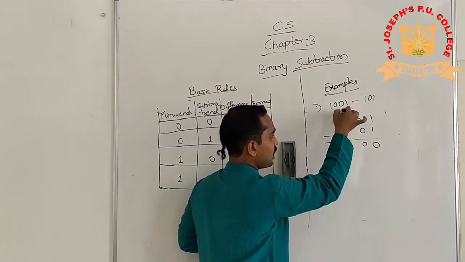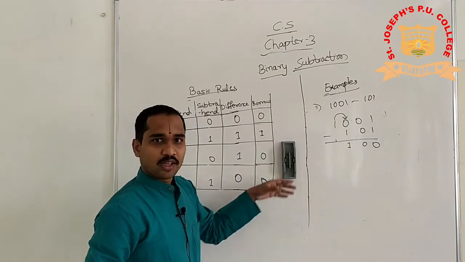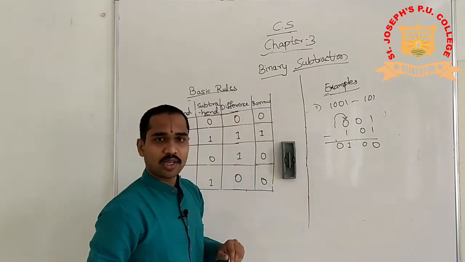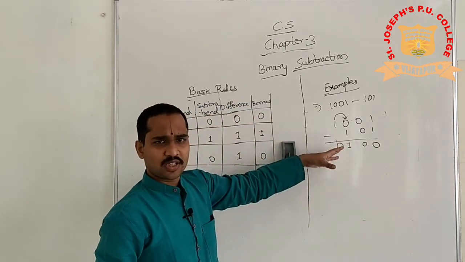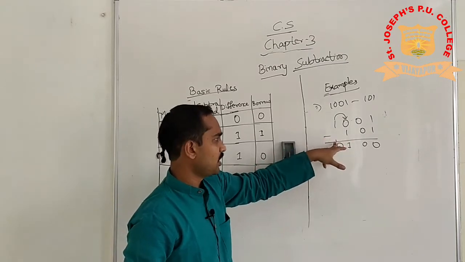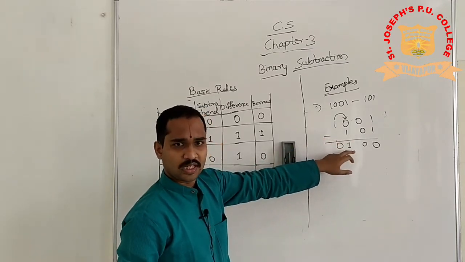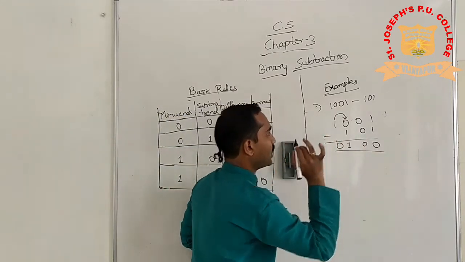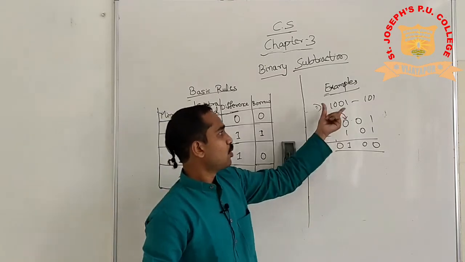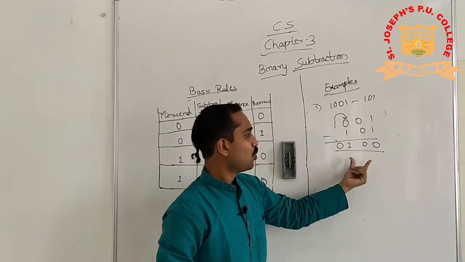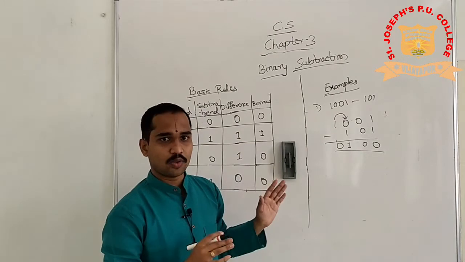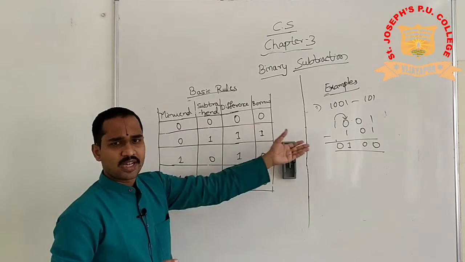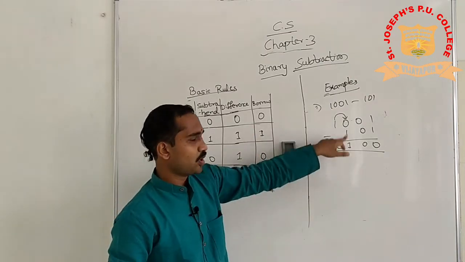Okay, so let me write this. You have taken 1 from here, nothing is left there, so it will be 0. Or else, as in normal subtraction, you just write 1 here. So 1 is written in the difference, you have taken borrow, 1 minus 1 is 0. Now the answer is 100. Your 1001 minus 101 will be 100. This is how you do the binary subtraction. Just follow the basic rules I have said, and you will get the answer very easily. I hope this point is clear.